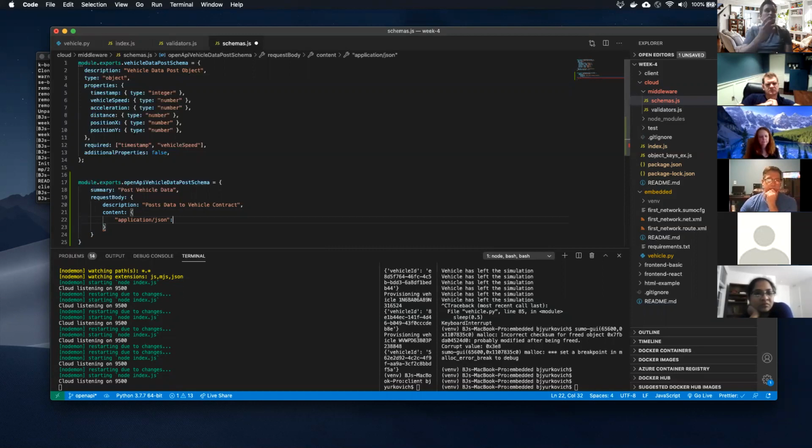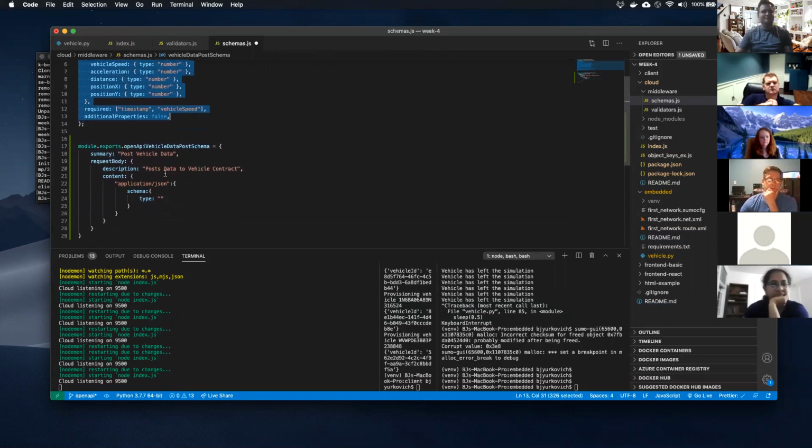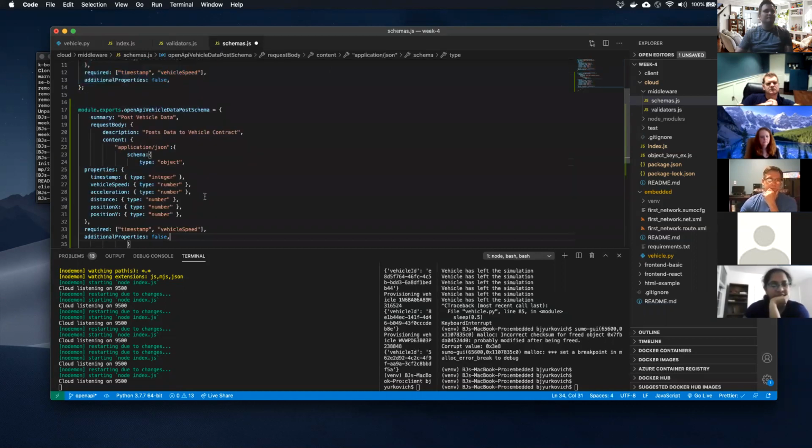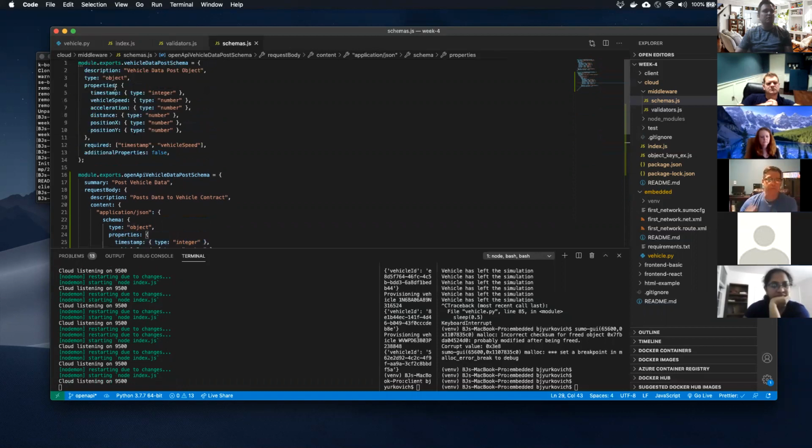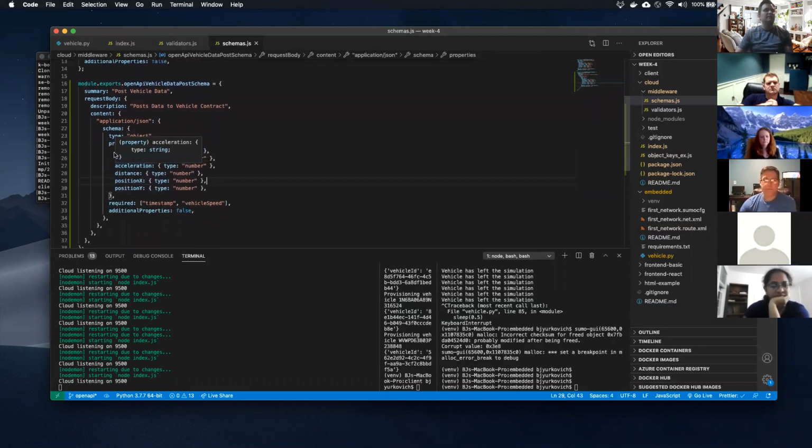So we can also maybe say they're a case of an HTML. So we would do text/HTML case or whatever. In our case, we're just doing JSON, and then the schema associated with it is this thing, JSON schema. Type object, properties, all of this stuff, required, additional properties. So I was able to basically copy and paste that into it.